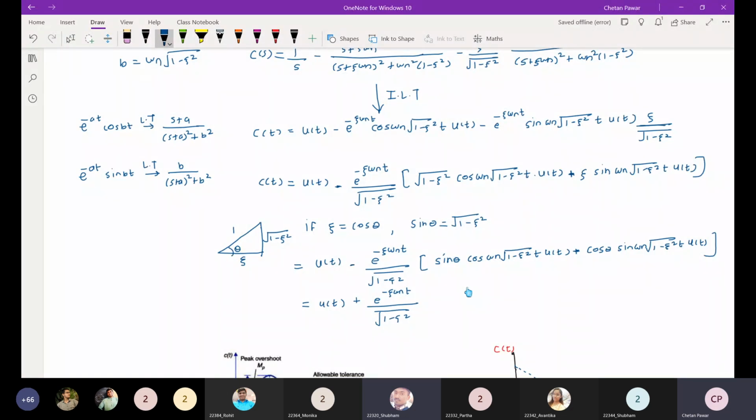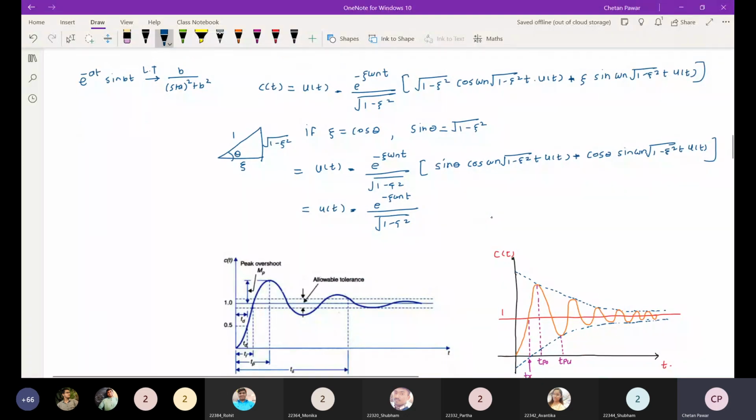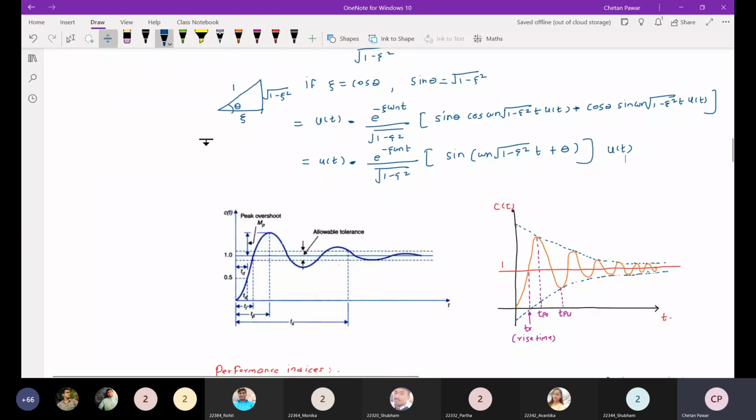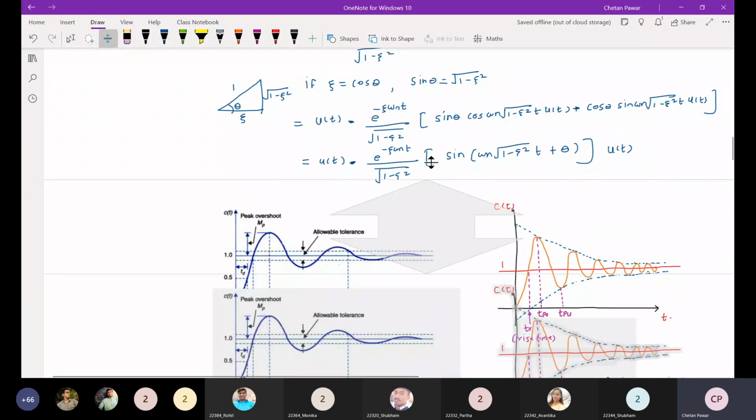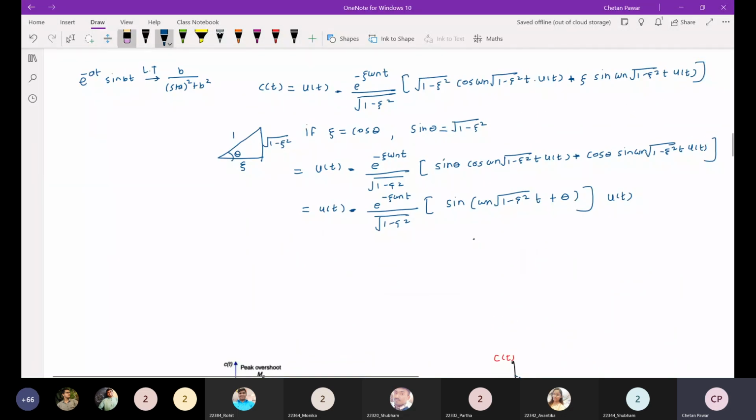ना? नहीं, उसको हाँ, वो अंदर के टर्म को सिंप्लीफाई करना है ना, इसलिए वो बाहर नहीं किया, अंदर के टर्म को रखा है। ओके, ये माइनस ही हो गया, तो इसको ऐसे कर सकते हैं, sine A plus B. Okay, so A is this and B is this, sin A plus B. Okay, so u of t outside, so this particular term will become sin A plus B.